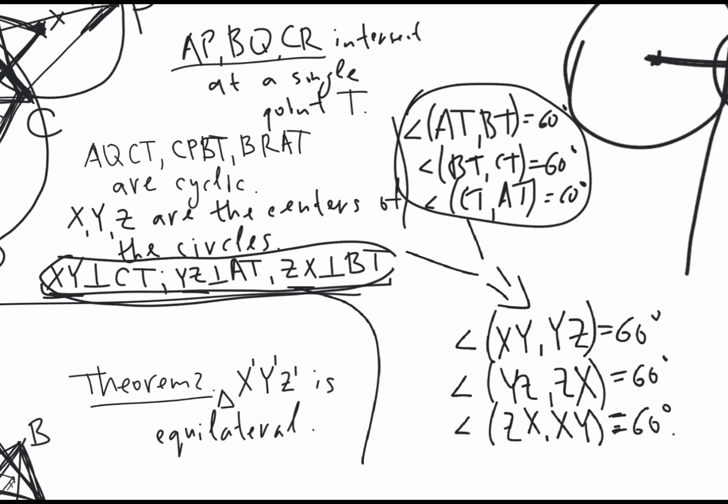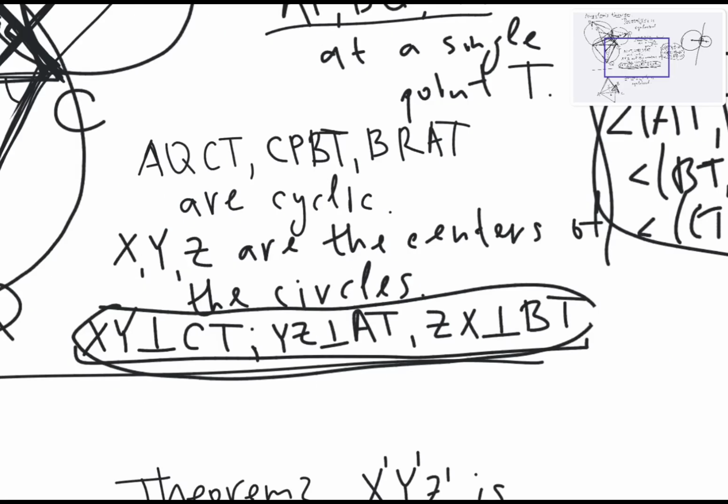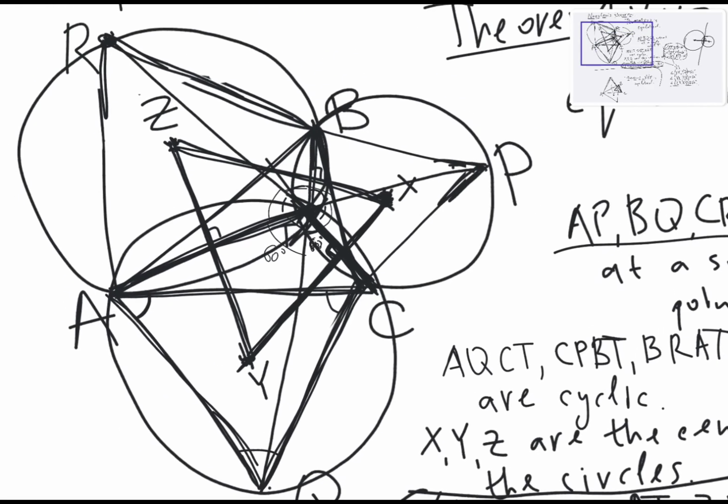But we can see it just by a rotation by 90 degrees. So if you rotate these lines CT, AT, and BT by 90 degrees, then they would be mapped to the lines parallel to XY, YZ, and ZX, and the rotation preserves the angles between lines. So yeah, this is also 60 degrees, and this immediately proves the statement, because now